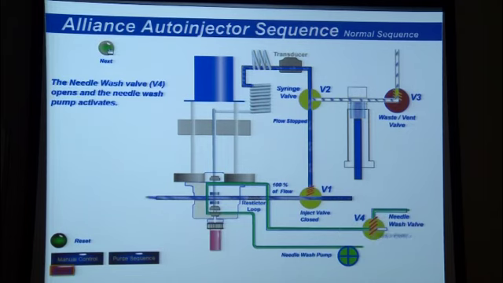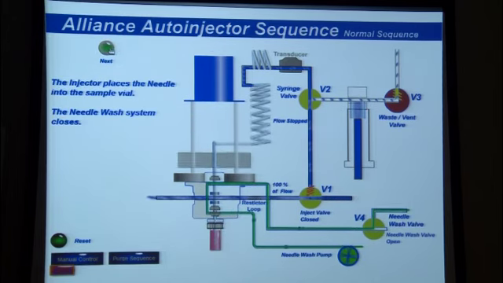Next, the needle wash pump starts, and valve 4 opens. The needle wash valve bleeds air into the system, so what goes around the needle is not a solid stream of liquid, but it's a froth. The bubbles provide mechanical agitation to help clean off the outside of the needle. The needle is lowered into the vial,